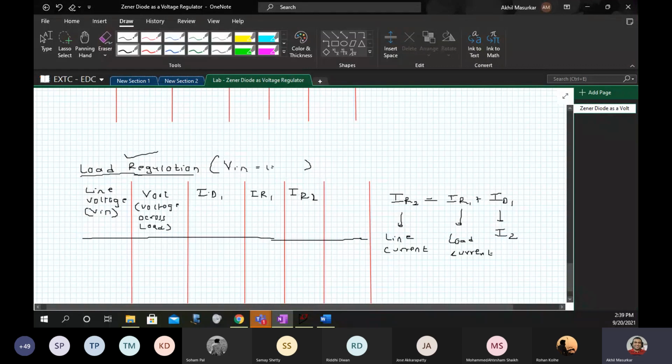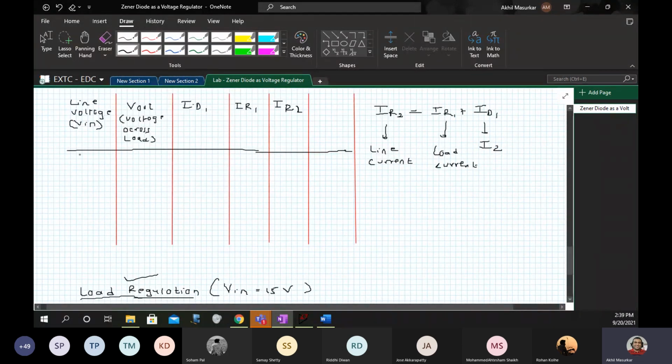Here I'll write V equal to 15 volts. Then we have, instead of line voltage, now we are varying the load. So everything is with respect to the load resistance. So this value is like 0, 10, 20, dot dot dot up to 200 ohms. And at the top, this is going from 0, 1, 2, 3, like that, up to 50 volts.